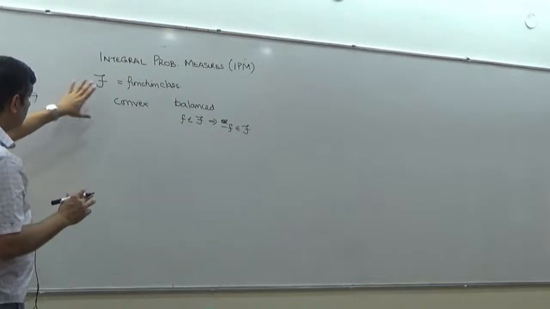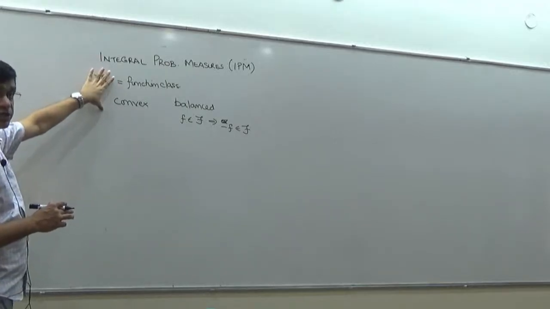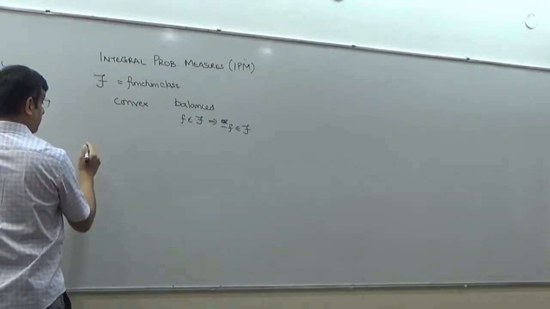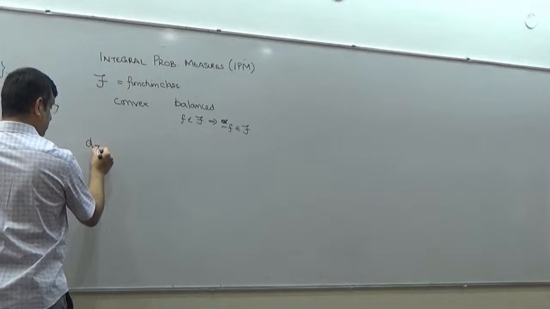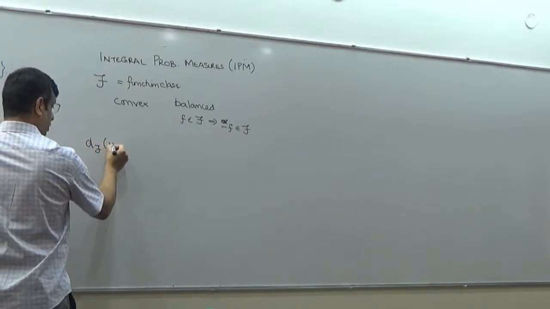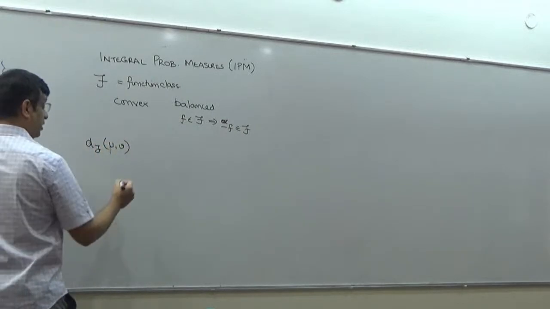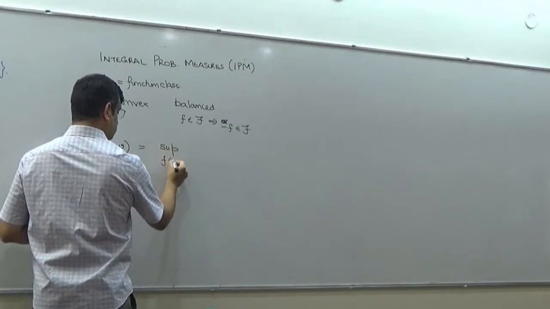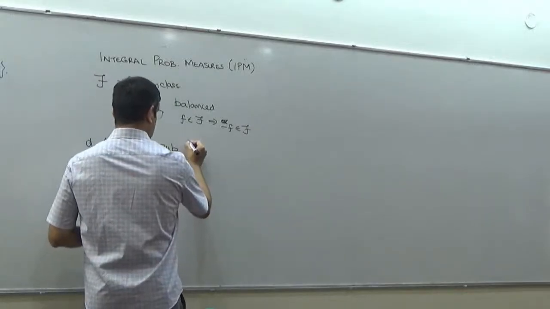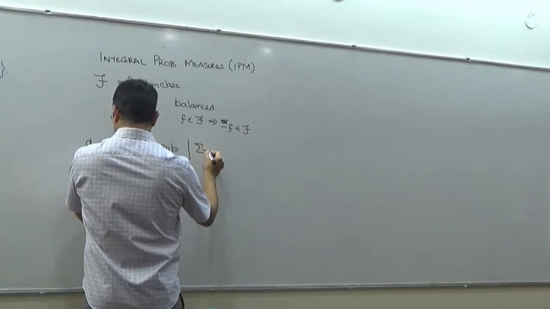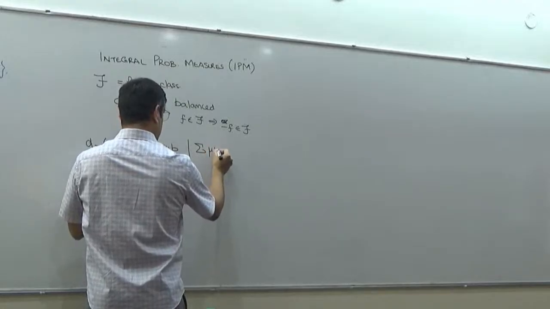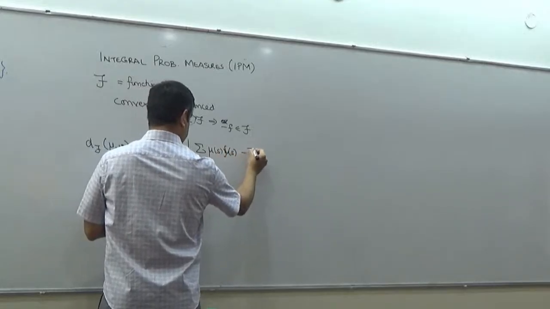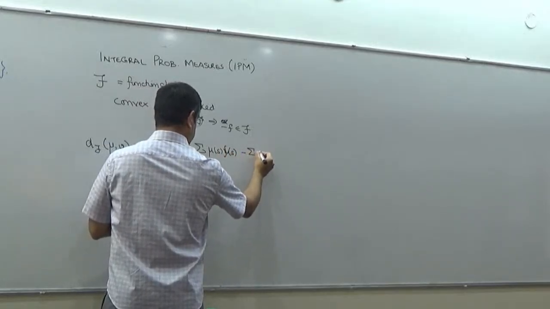I have links in my notes to a detailed description of IPM, and you can look at that. But the point is, given this set of functions, the IPM distance with respect to this class of functions between two measures mu and nu is defined as the supremum over all functions f which belong to that function class of the expectation with respect to mu of f, minus the expectation with respect to nu